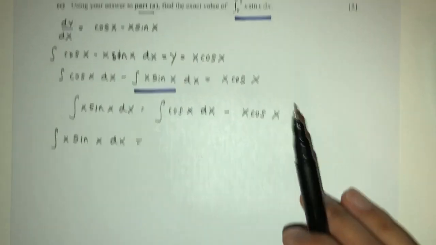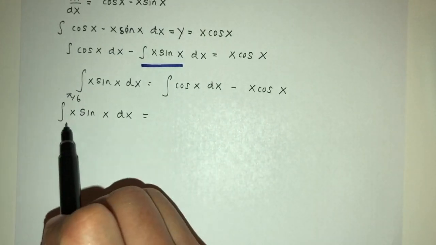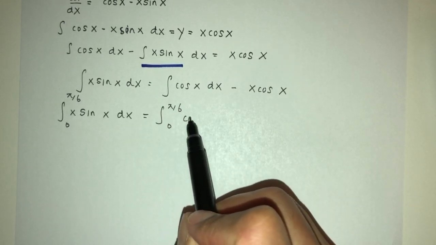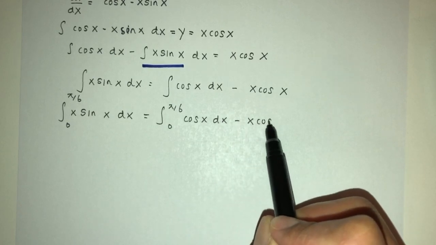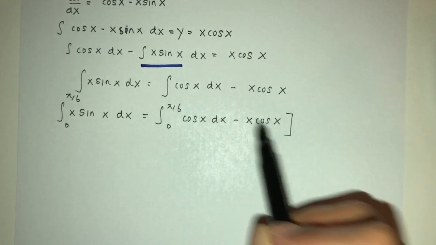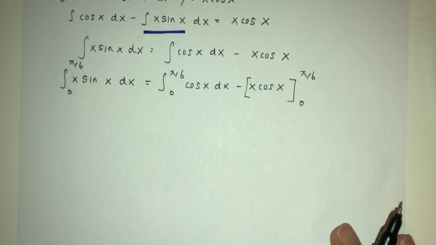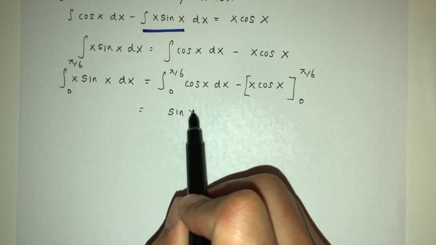The limits are pi by 6 and 0. That will be cos x dx minus x cos x, between the limits of pi by 6 and 0. So 1 by 1, this will become sin x